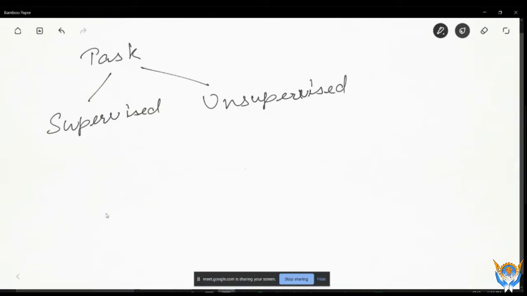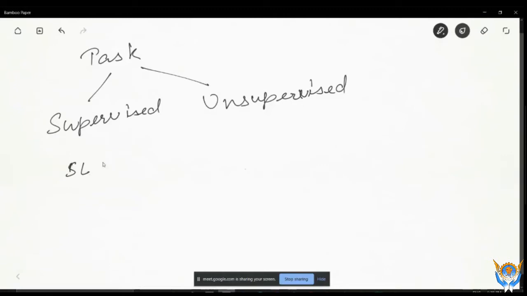In supervised learning, you have some training data. Suppose you want to predict whether a patient has cancer or not. You have some data, like symptoms such as a person's sugar level.